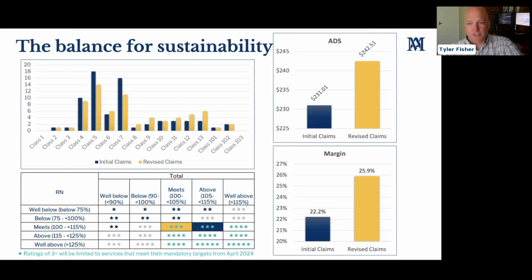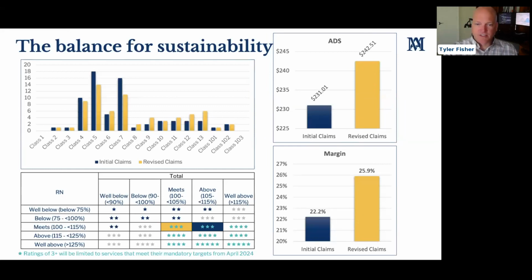Apart from all of that, we can also leverage this data industry-wide, so we can compare services across different cohorts and make strategic decisions based on occupancy or case mix or even market dynamics. And what we see on the screen here is in the dark blue an initial claim profile that's not producing enough revenue to adequately offset the current roster cost. And so by identifying uplifts, we've increased the margin and we're maintaining compliance.